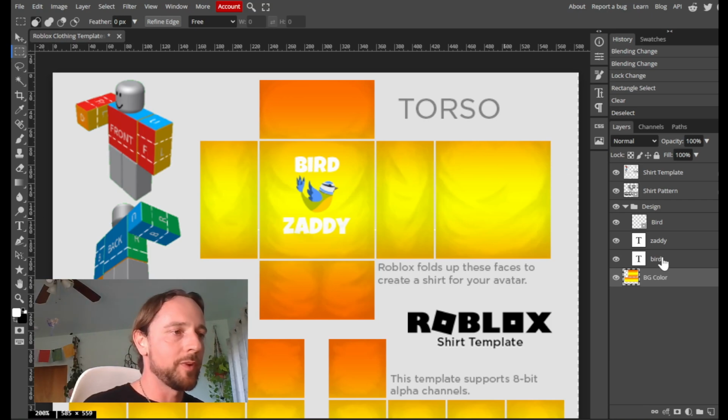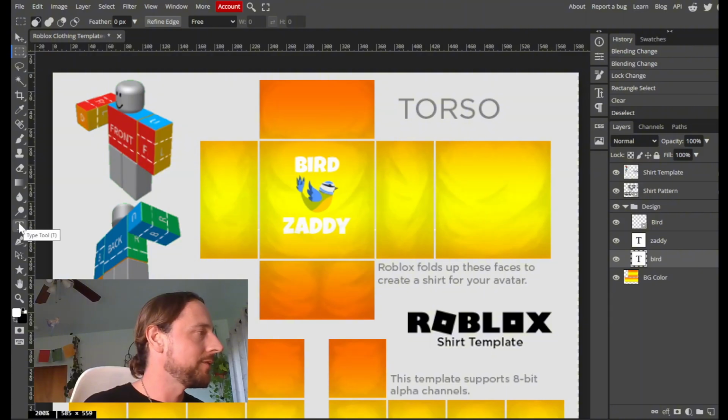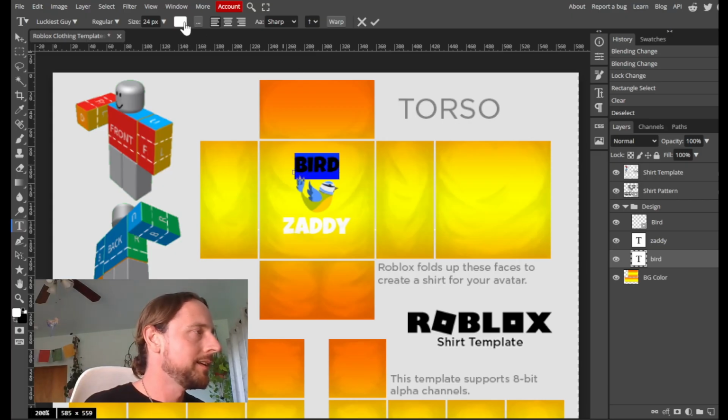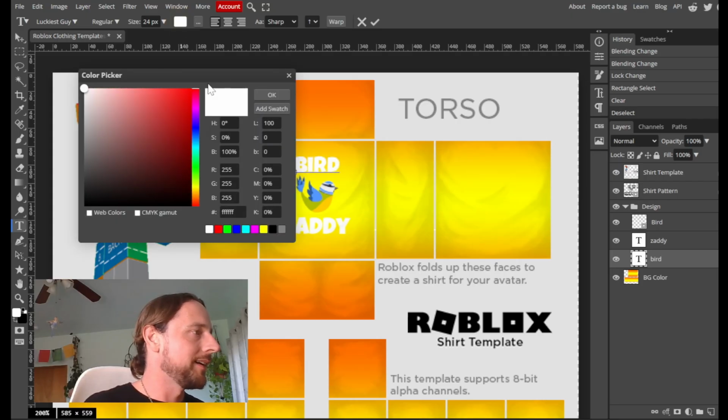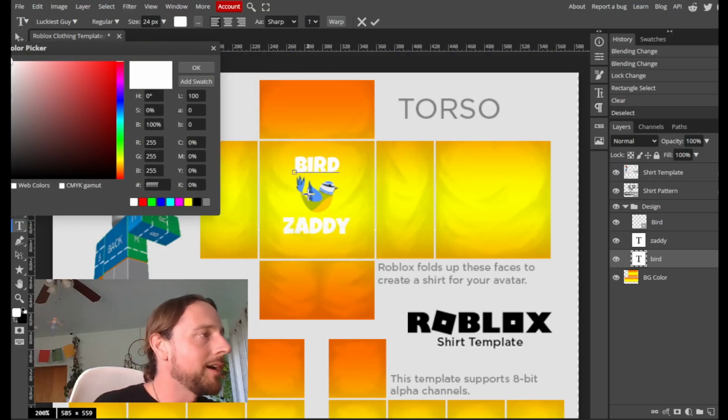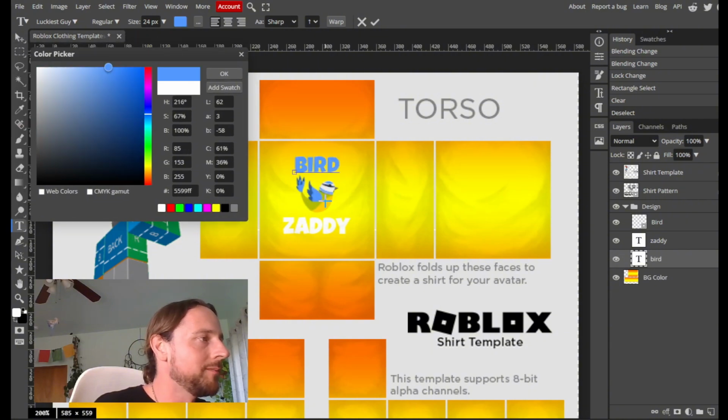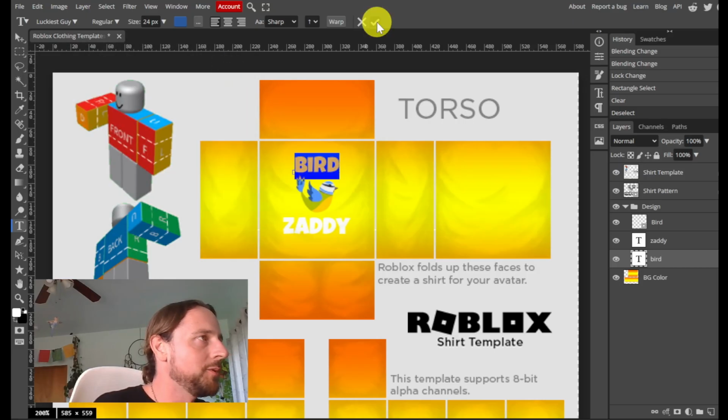So if I want to change my font color, I'll go back to my text layers that I created. I'm going to pick the bird layer first, go to my type tool over here on the left side, and then select the text, click up here on this swatch, and I can change the color of my text. If I want to grab a color from my clip art, while I still have this open, I can click on an area of my clip art, and it will select that color from your design. So I'm going to click on the edge of the wing there, grab that, hit the check mark to confirm,